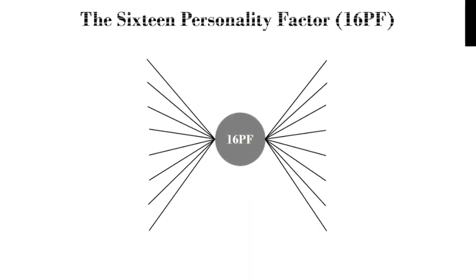So what are the 16 personality factors? Cattell's 16 personality factors, or 16 personality trait theory, is an assessment tool used to establish a person's personality. According to Cattell, each person possesses each of these 16 characteristics up to a certain degree, but some are more applicable than others. For example, where some people have a rich imagination, others can be very practical and realistic.